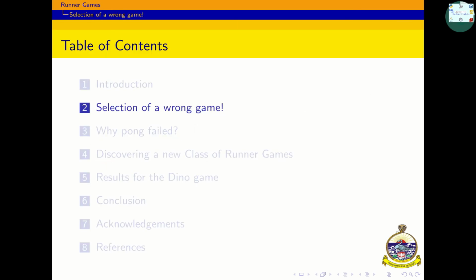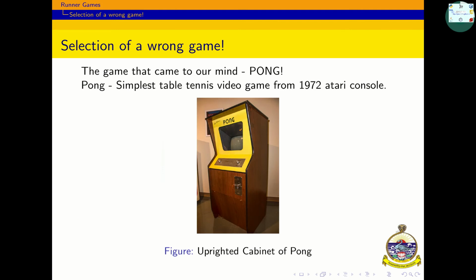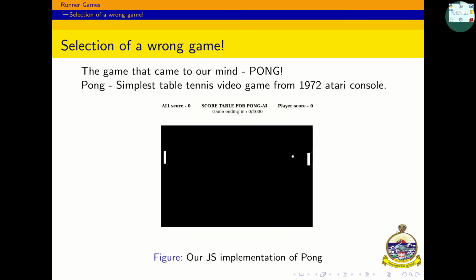Now we selected a wrong game. The first game that came to our mind for testing is the classic Pong game. It is a simple table tennis game from the 1972 Atari console. Here is a picture of the relic, as you can see. We used a simple version coded in JS. We thought of making a very simple version which will take only this part of the screen for training